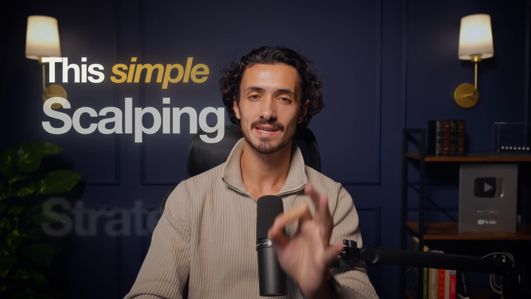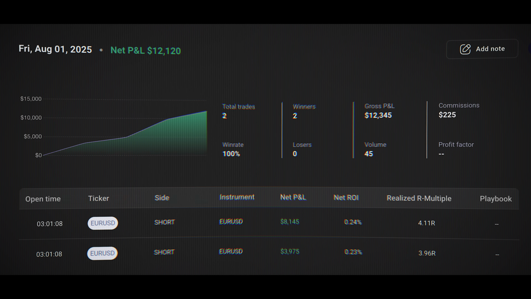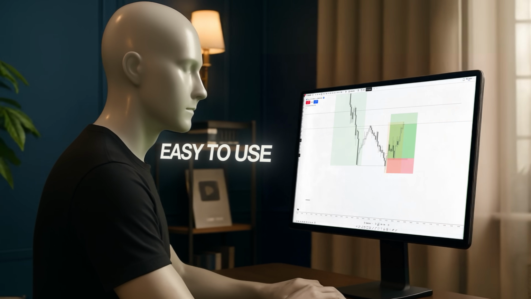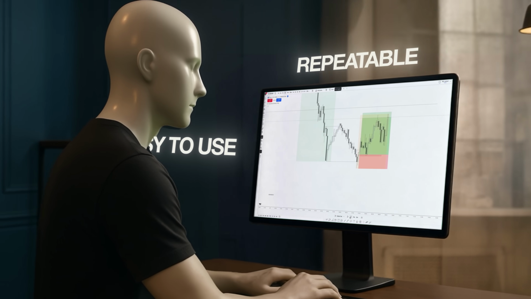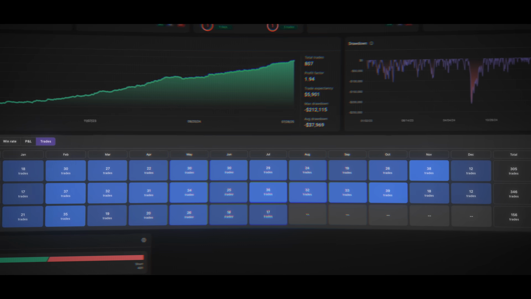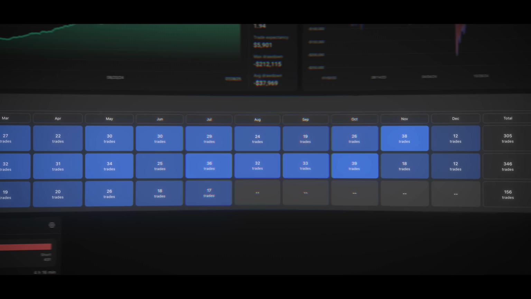This simple scalping strategy gets me results like these on a consistent basis. And the best part is this strategy is easy to use, completely repeatable and systematic. And in this video, I'm going to reveal to you the full strategy step by step. I'm going to prove it with hundreds of trades of data, and then I'm going to walk you through some